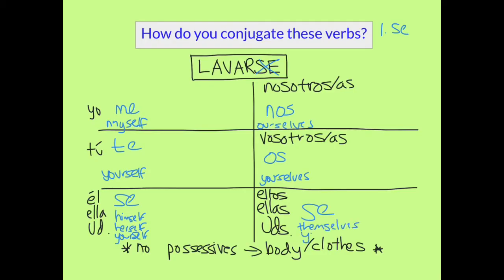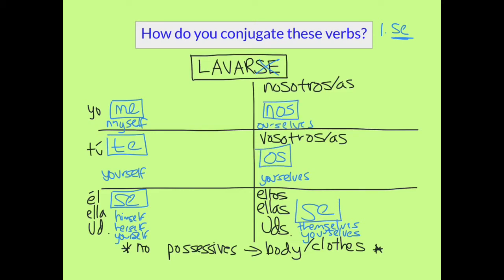And then yourselves, again for a group, but this time formal. Unless you're, it's formal if you're in Spain. If you're outside of Spain, it's for any group. So, step 1. That se we got rid of, and we transformed it into these 6 reflexive pronouns that express